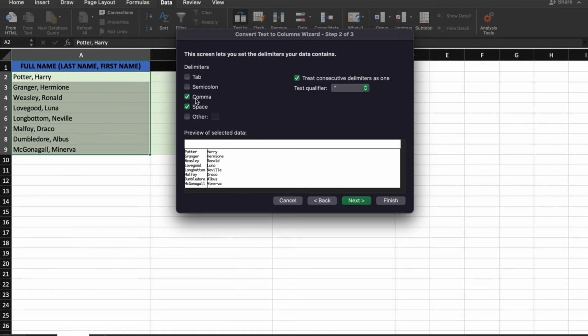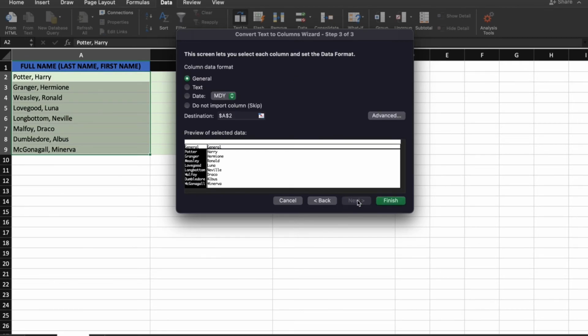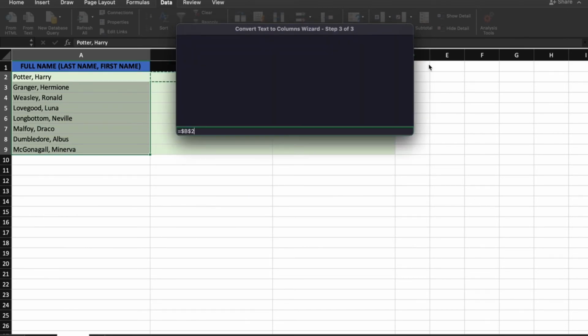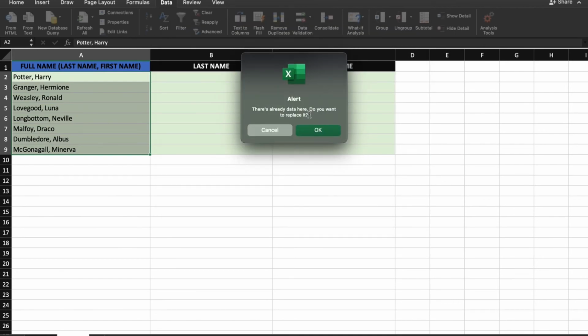So we click comma, click Next, select General, choose the destination cell, click Finish, select OK,